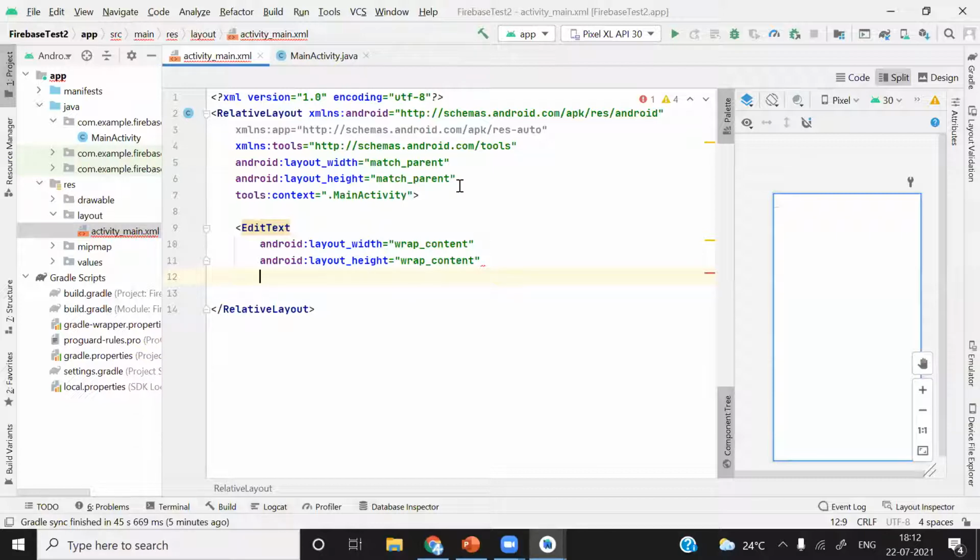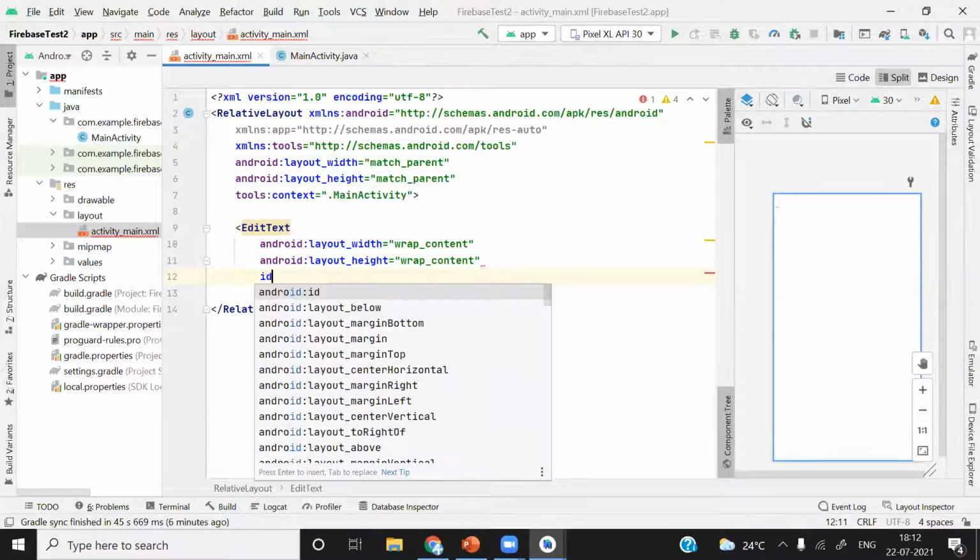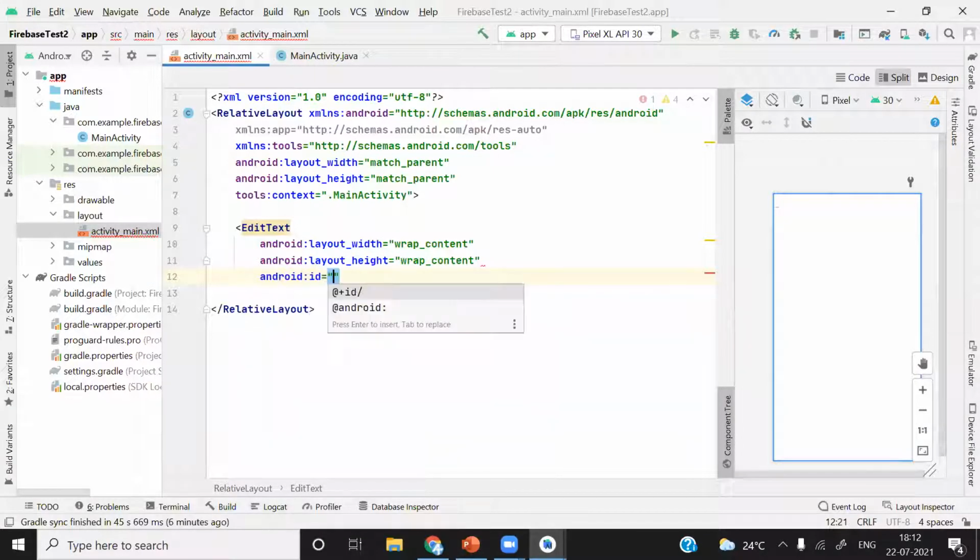So make the sequence of these properties common, so that there is no possibility of confusion. The next thing is very important, which is ID. So just type ID. I will tell you what is the purpose of this ID. Hit enter. So remember this sequence, and after ID you have to hit enter again one time. I'll repeat this process.